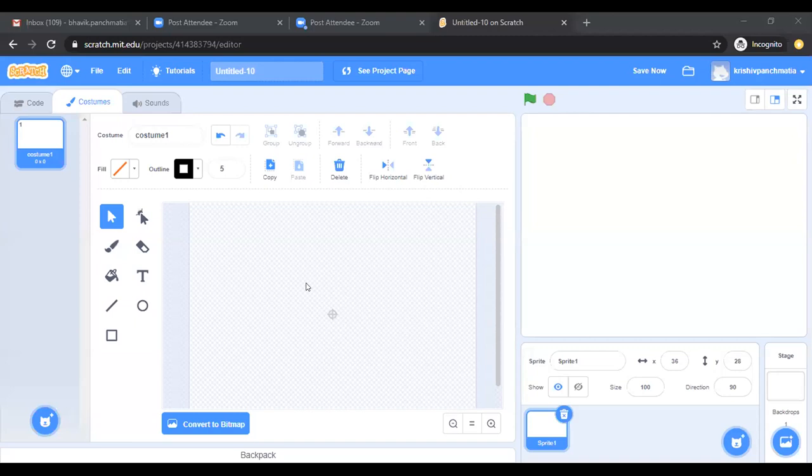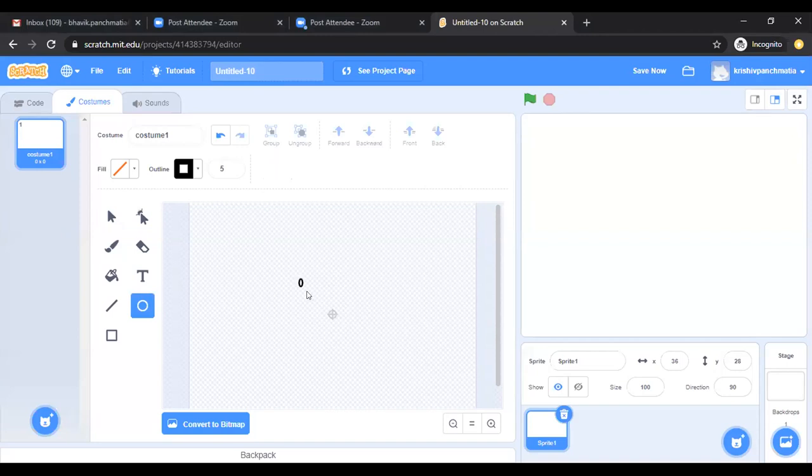Okay. So first you will make a smaller circle. Sir, did I have to make a big circle first? You can make a very, yeah, let's just reduce the radius of this circle and make it black color. Fill it with black color. Sir, I'm making the bigger circle first. Okay.